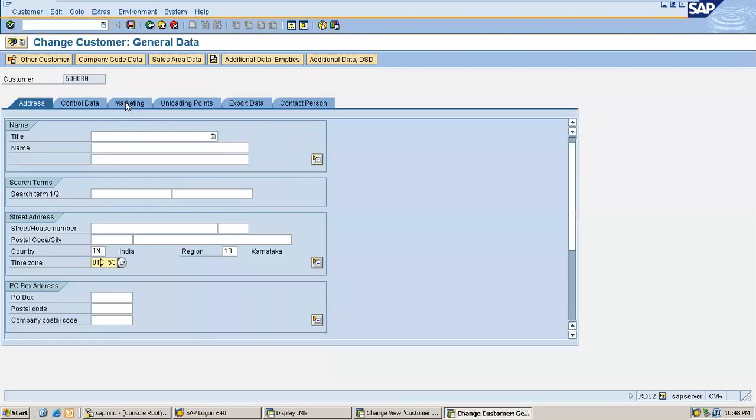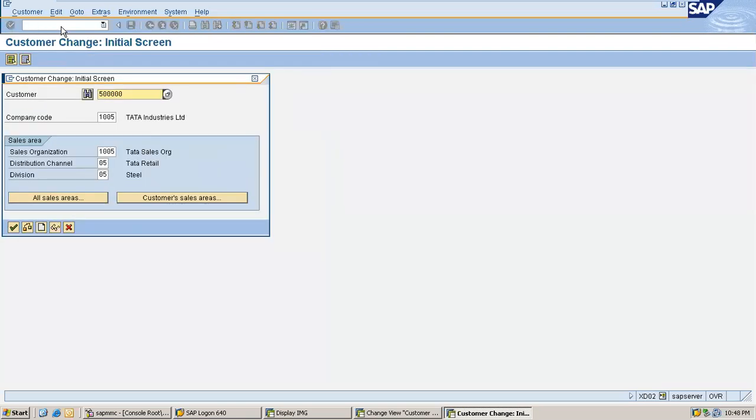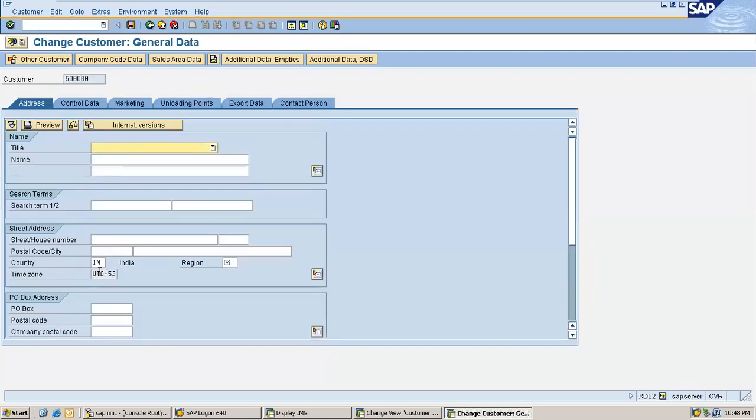Now save it. Now open it in XD02. The time zone is in display mode. You cannot enter a value here, change or edit. Whatever is maintained earlier, that only works. See, I am not able to change anything. That is what display means.